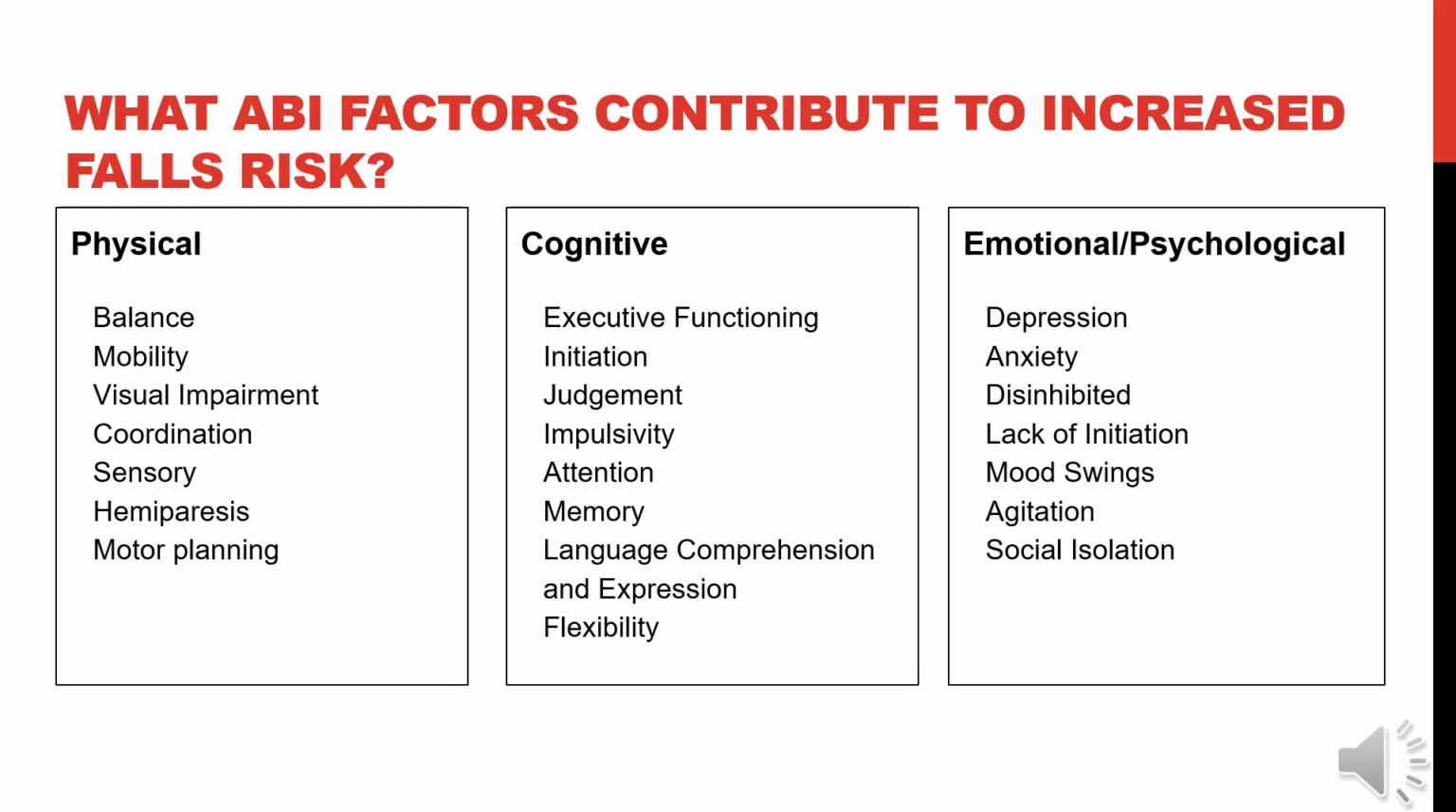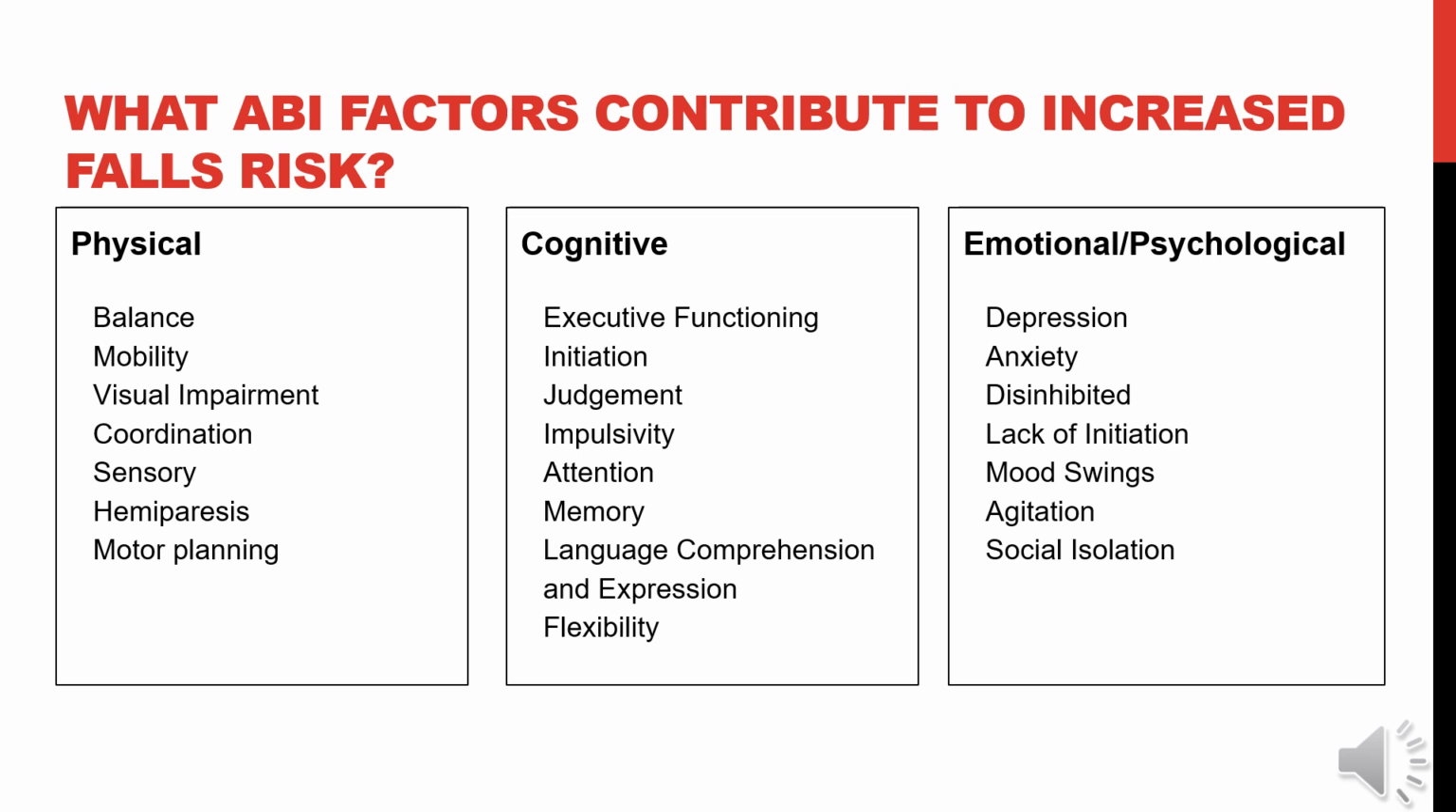Let's take a moment now to consider some of the ABI factors that could contribute to an increased risk of falls. These can include physical factors such as poor balance, mobility, a visual impairment, impaired coordination, sensory deficits, hemiparesis, and poor motor planning. Cognitive factors which could contribute to an increased risk of falls include impaired executive functioning, decreased initiation,